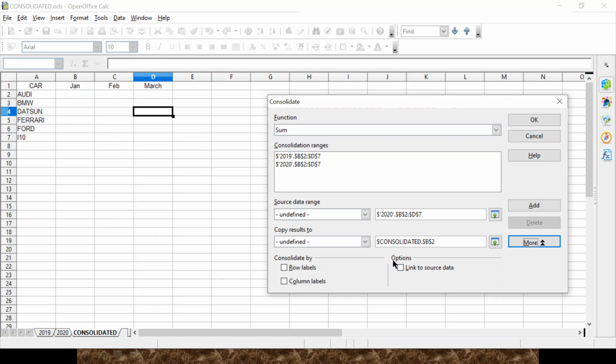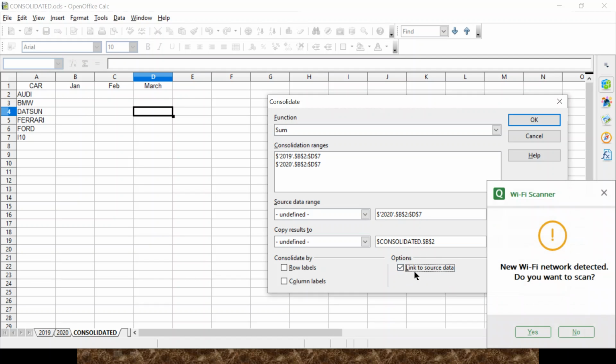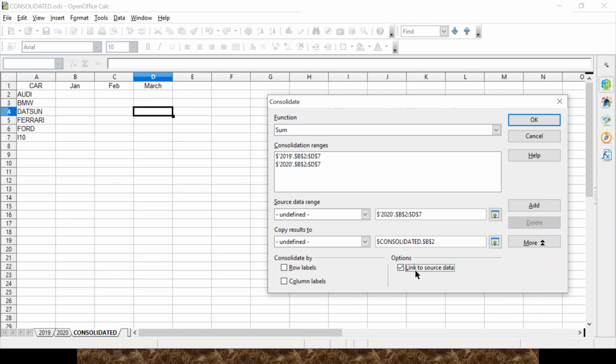But this feature is most important. I'll prefer that it should be used. If we click on this data, then what happens? Your record, whatever will be shown here, that will be linked with the data from where you have consolidated. मीन्स जिस डाटा को लेके आपने कंसोलिडेट किया है, अपना डाटा समरी बनाई है, it will be linked directly to that record. Suppose 2019 में कोई रिकॉर्ड गलत टाइप हो गया, error is there, you will make that correction there and automatically the correction will be done here. Got it? That I will show you.